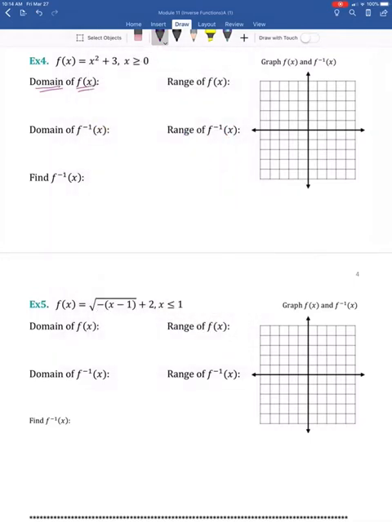Now, if we graph a parabola, it's a U-shaped graph, which is not one-to-one. It would fail the horizontal line test. So you'll notice they've restricted our domain. In the domain of our f function, we're looking at all real numbers greater than or equal to 0. So we can go ahead and state that. There it is in interval notation, x greater than or equal to 0, the domain being all the real number values